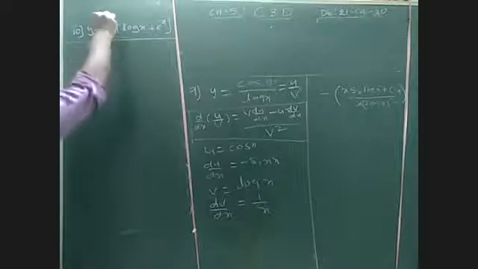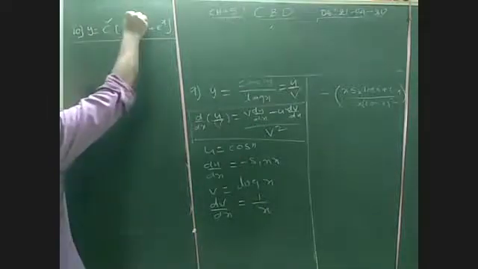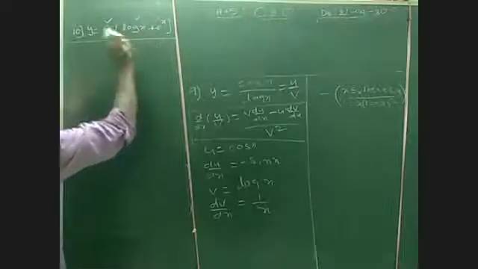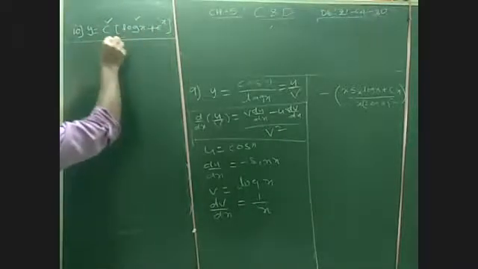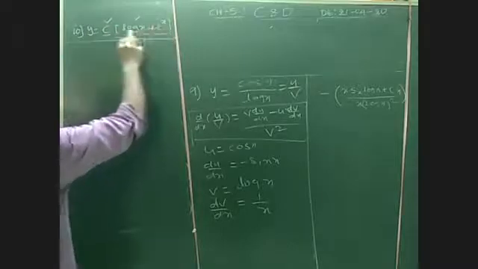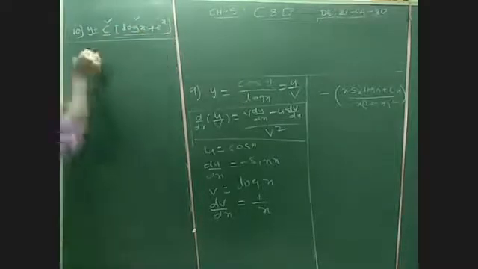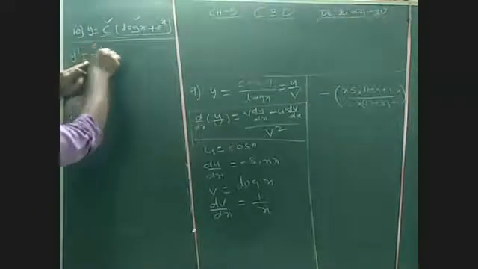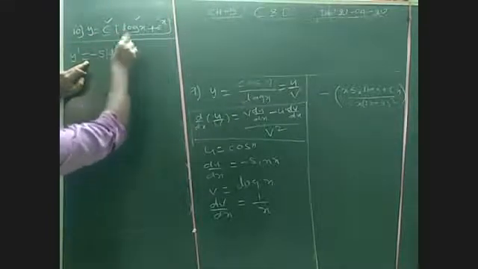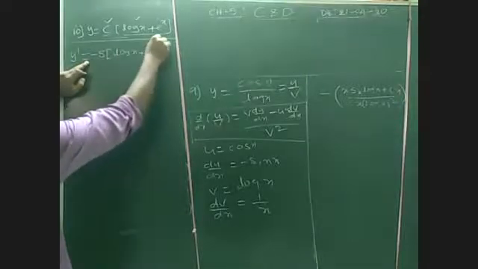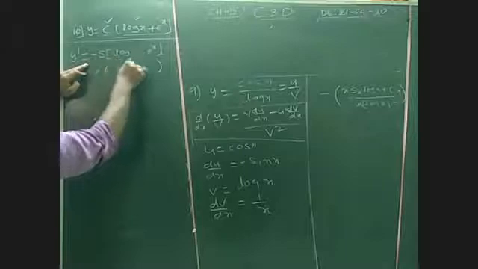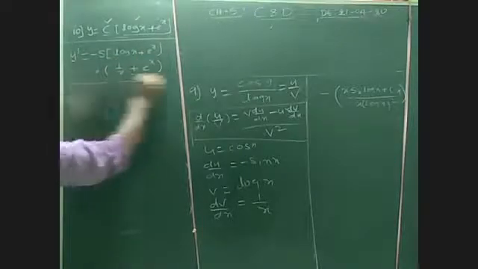First we differentiate cos, next differentiate log x plus e power x. Plus will be there, not into. Here they have given only two functions: one is cos, another is log x plus e power x. Now y dash is, cos differentiation is minus sin of log x plus e power x, into log x is 1 by x, plus e power x is e power x. That's it. This is the answer.